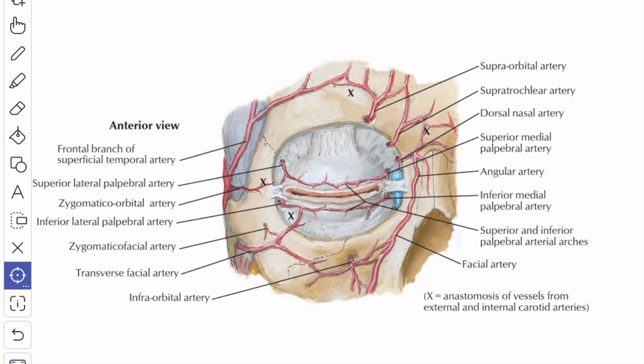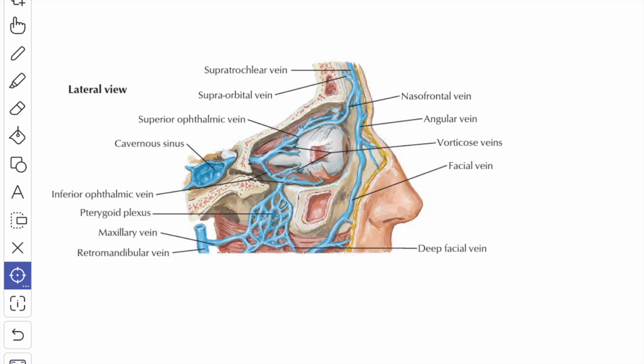And then you get the dorsal nasal artery. So this is the dorsal nasal artery. It supplies the external nose and ends by anastomosing with the terminal branches of the facial artery. The branches of the ophthalmic artery which leave the orbit anastomose with the branches of the external carotid artery like facial, superficial temporal and the maxillary artery, and thereby it establishes a connection between the internal and the external carotid arteries. Next we'll see about the veins of the orbit.